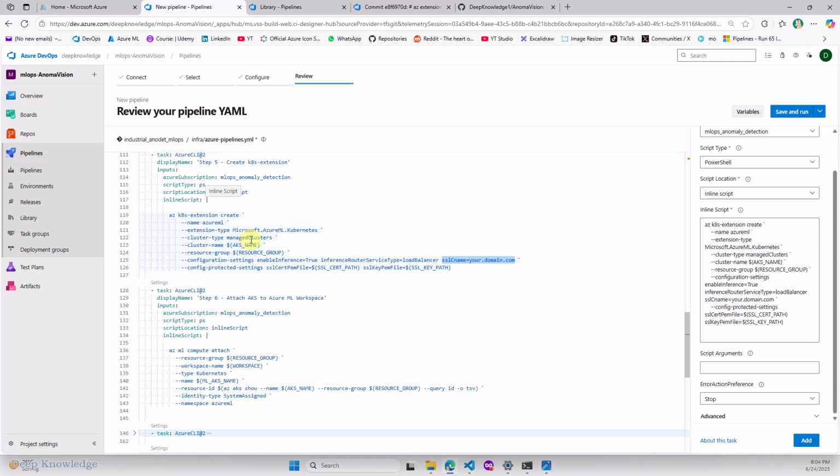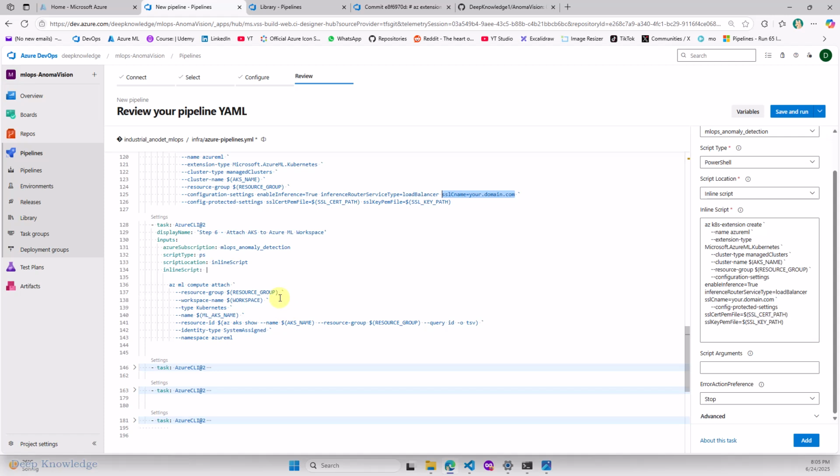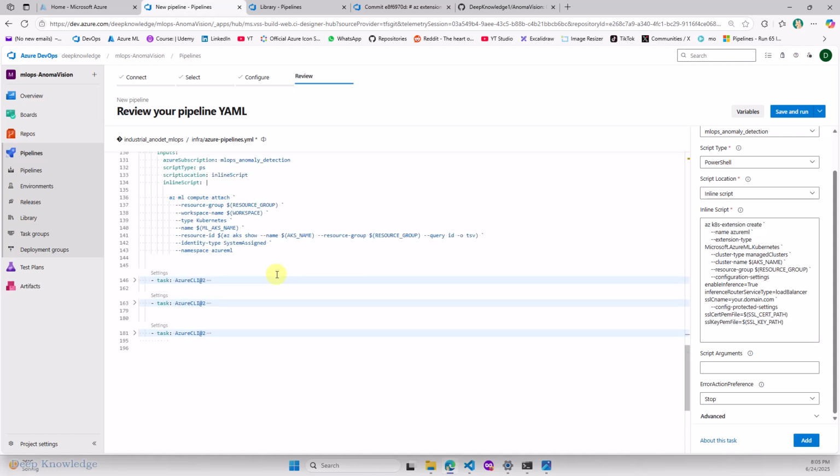Why do we need to attach this to a WorkML workspace? Because in the workspace we will do our training and also create the endpoint for the inference, also deployment in the machine learning workspace. And this cluster will be connected, let's say, or attached to the workspace, so we will be able to use it for the deployment. And next step here,